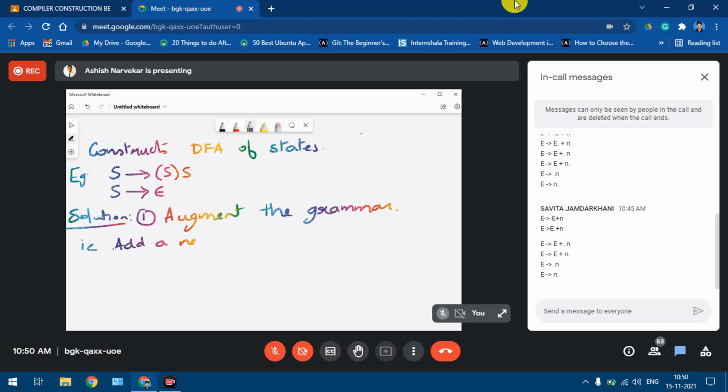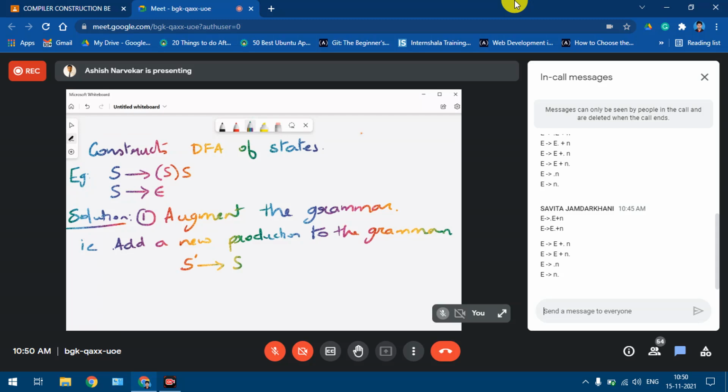You introduce a new symbol S dash, which will derive the actual start symbol of the given grammar.